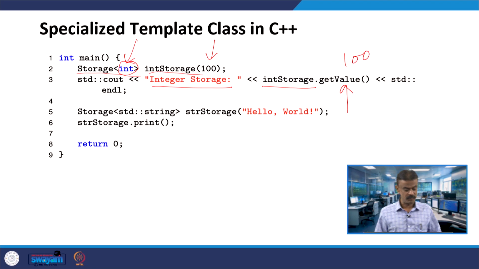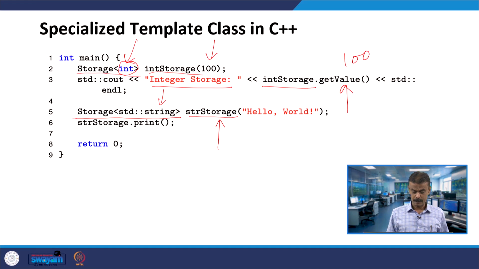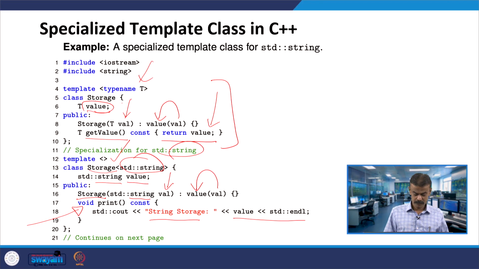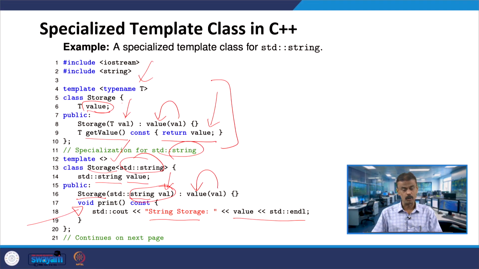Now we'll go to line number 5. I have string storage, str storage, another object of Storage std::string, that is a specialized template. So that means this will call this particular function. You are passing hello world, so the constructor will be called and val will be copied into value. You are passing a string, hello world, so value is nothing but hello world, correct.